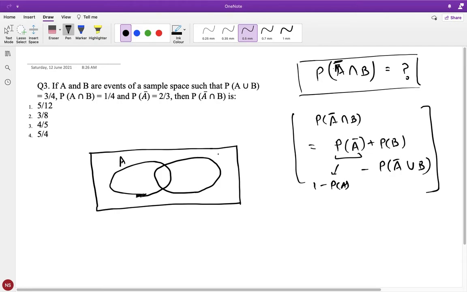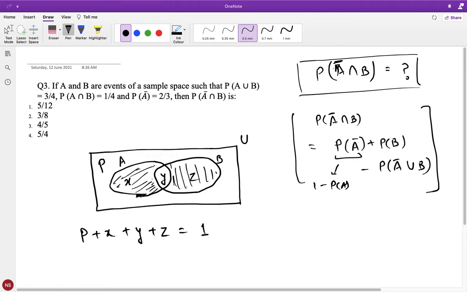So this first ellipse is A, the second ellipse is B, and this whole space is U, the universal set. So total probability is 1, and in that we have A and B. Assume this first area is X, this common area is Y, and this area is Z, and the rest of it outside of A and B I will assume as P. So there are 4 areas, so X plus Y plus Z plus P